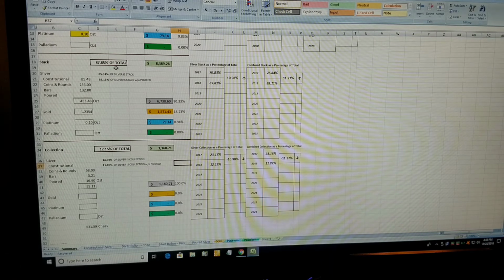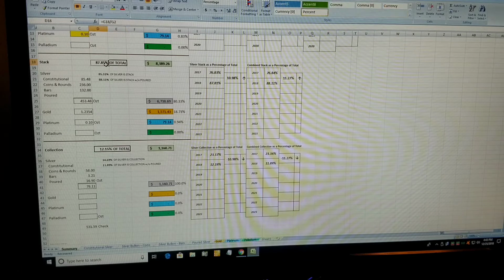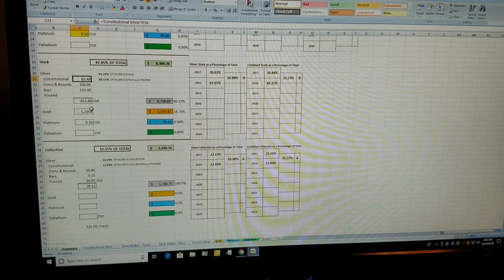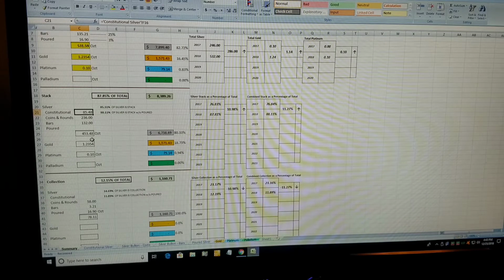A total of 87.85% of the total value and by weight of my stack, or my entire accumulation, is what I consider my stack. My eagles, my bars, things of that nature. My constitutional silver, I kind of have it broken up right here. So my total stack, if you will, is